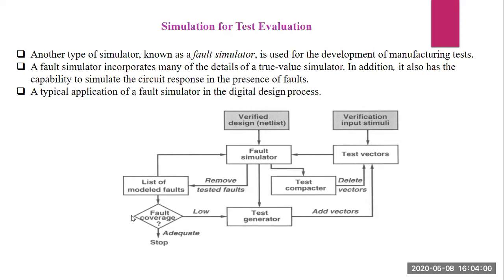If it is a low fault, it is driving the test generator to add a new vector or replace a vector with a new faulty one, check with the test input vector, and drive the fault simulator. After checking this, you are going to remove the tested faults. So if it is listed within the fault list, what happened? It is going to check with respect to the fault simulator itself, and remove the tested faults itself.